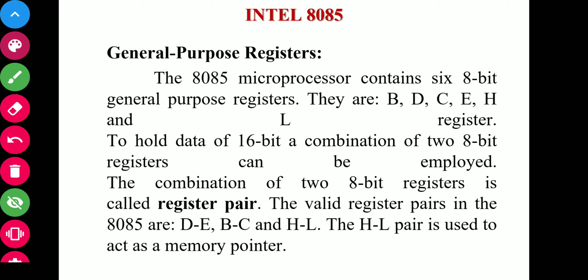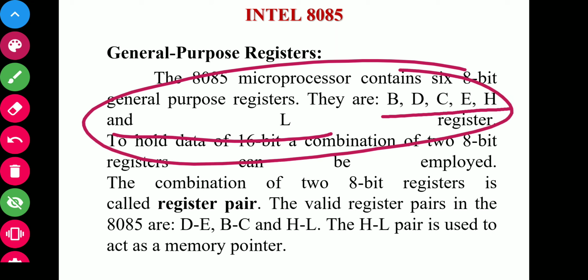See here, these are all the 6 registers B, D, C, E, H and L, 8-bit registers. When you pair up like BC, DE and HL, it can hold 16-bit data because each one has the capability of holding 8-bit data. So when you combine two registers altogether, it can have 16-bit data.